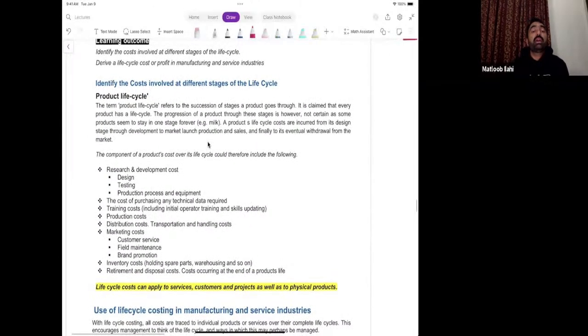The term product life cycle refers to the succession of stages a product goes through, like this stage, and next stage, and next stage, and then next stage. It is claimed that every product has a life cycle. The progression of a product through these stages is, however, not certain, as some products seem to stay in one stage forever. Yes, there are a lot of products that may, with food products or with basic necessities